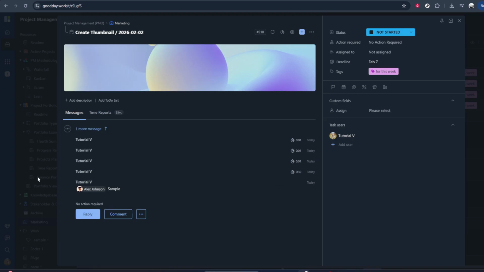When you're happy with your message and your mentions, look for the submit or send button beneath the comment box. Click on submit to post your comment to the task. After you submit, your comment will appear in the task's activity or comments thread, and the people you mentioned will be notified according to their notification